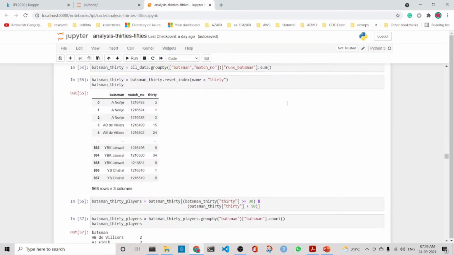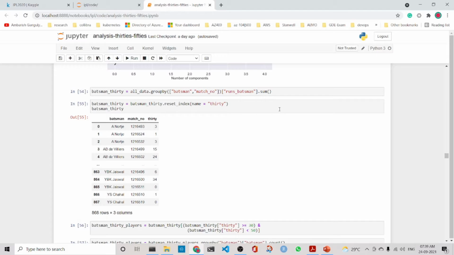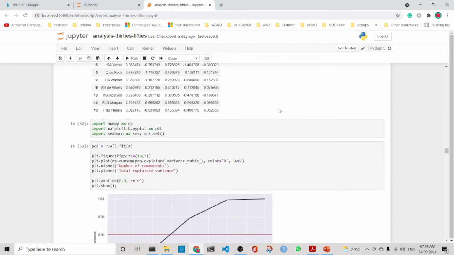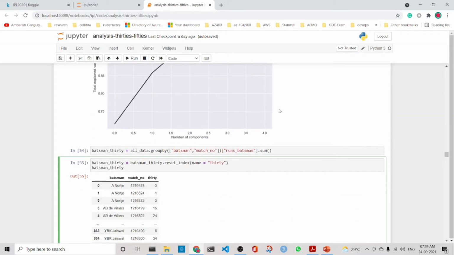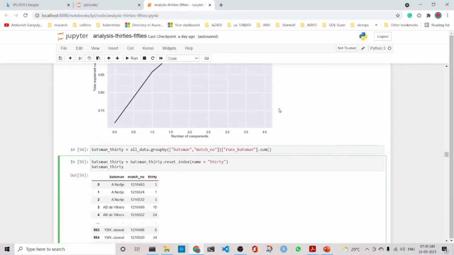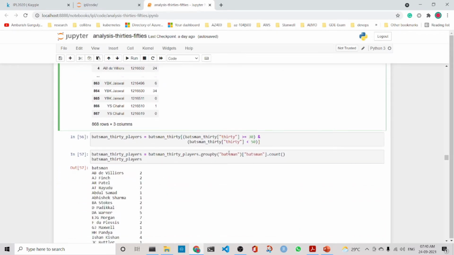Now next what we do is calculate the people who have got 30 runs or more. So we try to find out who have scored more than 30 and less than 50.